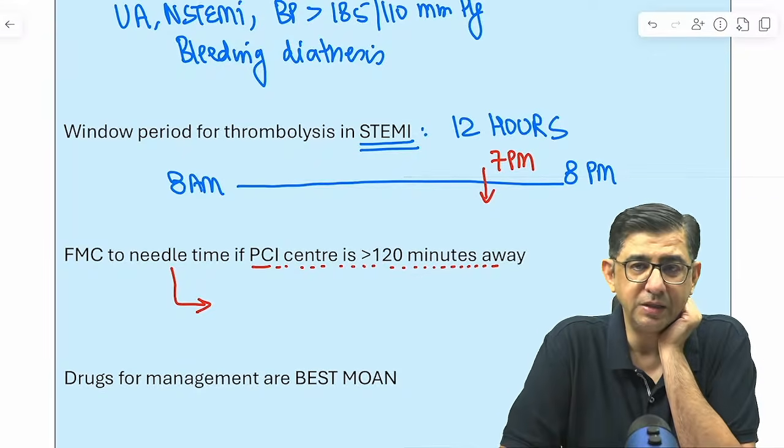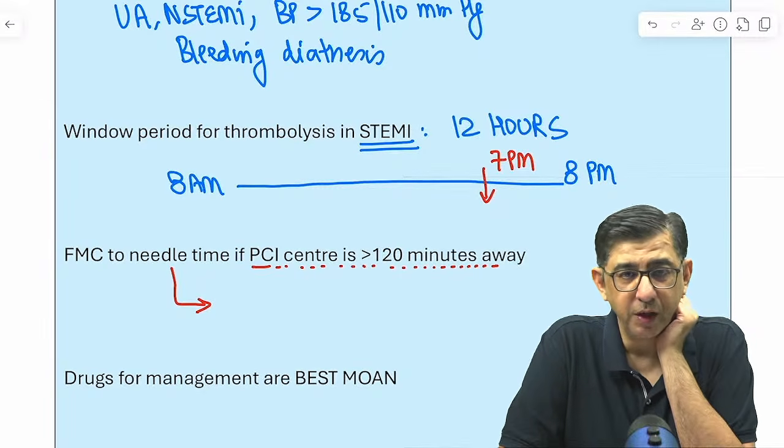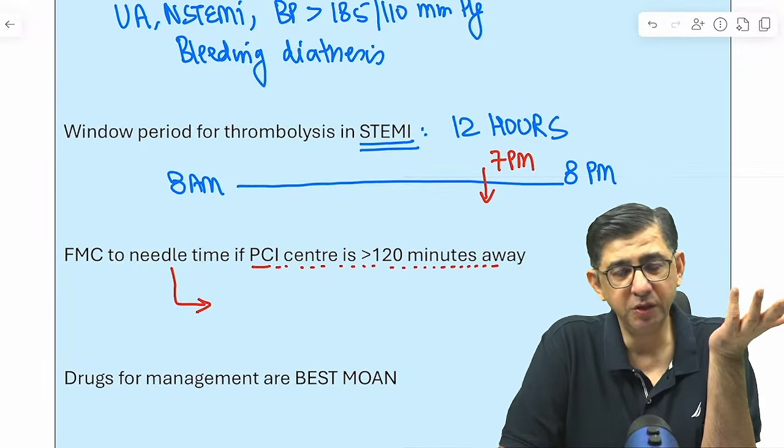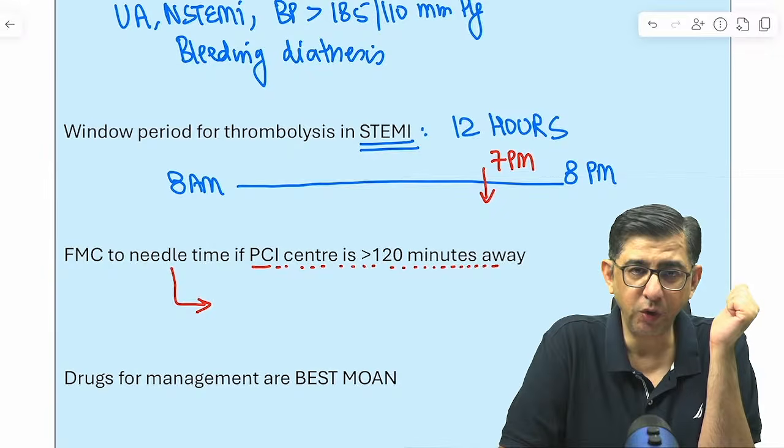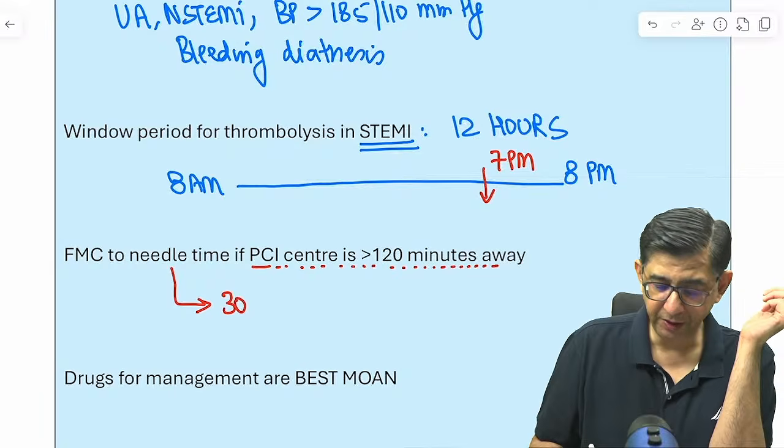At a site where maybe PCI facility is not available. So ideally, though, we should refer to a PCI-equipped hospital if it is less than 2 hour transit time. But at a smaller place where the cath lab facility is not available, I will first say to the relative